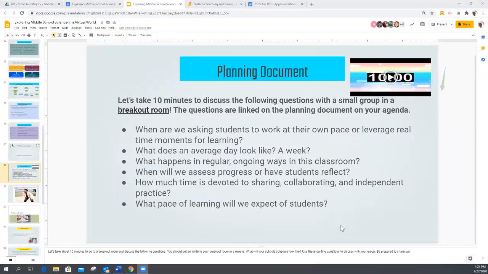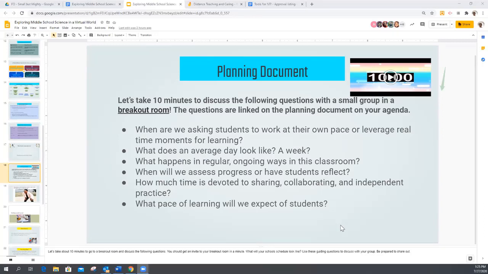If you have your agenda up, when I invite you to a room in just a moment, you can click on these questions in your agenda. I want to give you about 10 minutes to have a chat with the folks that are with you. I'm not going to be overly structured with this, other than to say we're going to ask you to share out a little bit when you come out. But what I really want you to be able to do is talk to each other about your experiences. What are you thinking your day needs to look like? What is your week going to look like? Just diving into some of those questions.